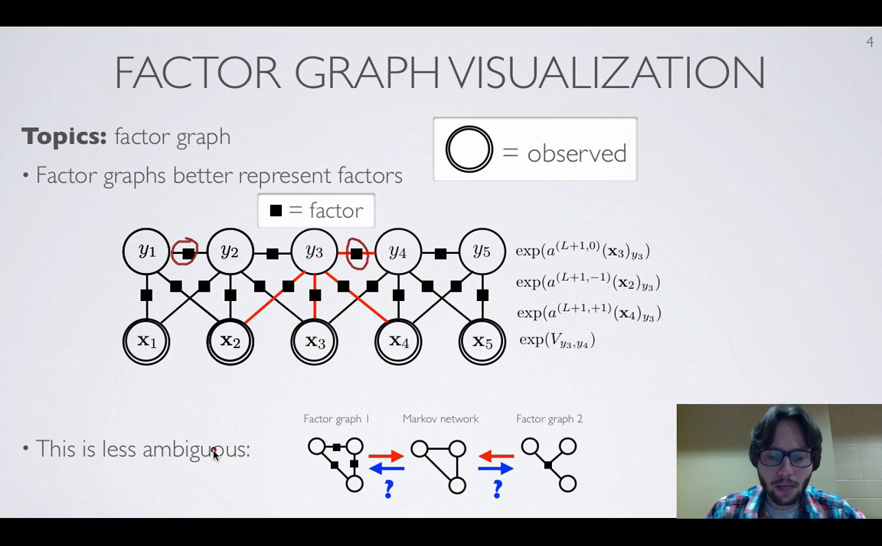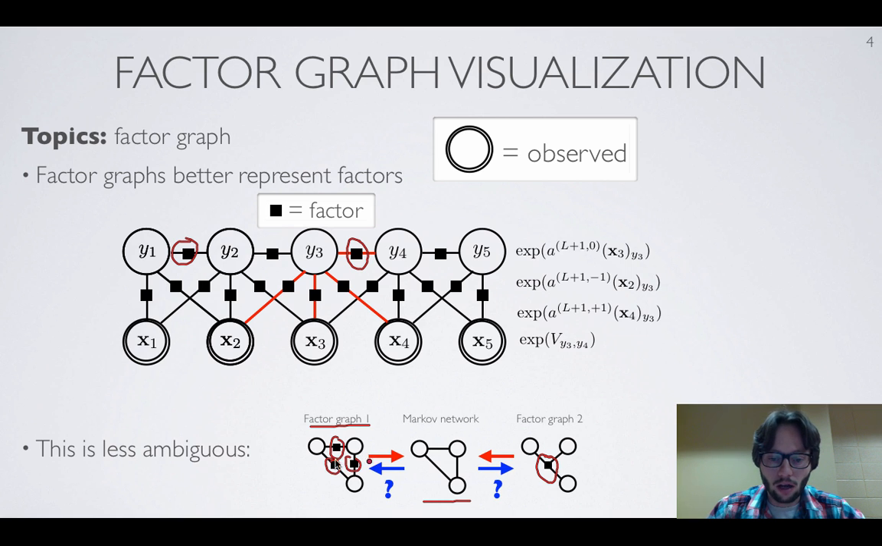Now the reason why this is less ambiguous is because we explicitly have the factors illustrated in our visualization. Consider this very simple example where I have this Markov network, which corresponds to three variables, each connected to each other. Like we've discussed before, in this case, we don't really know whether it's a model where we have three factors over pairs or just a single factor over three variables. However, given this factor graph, if I was to infer the Markov network visualization based on that factor graph,